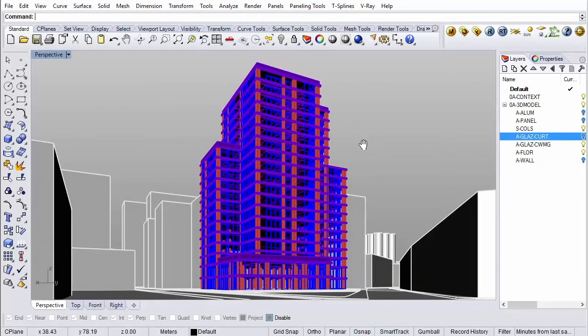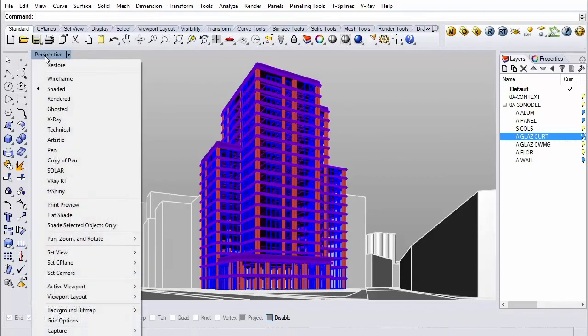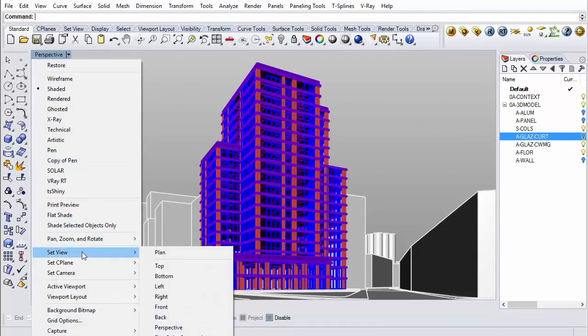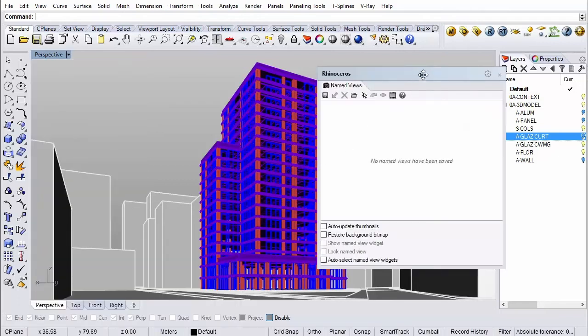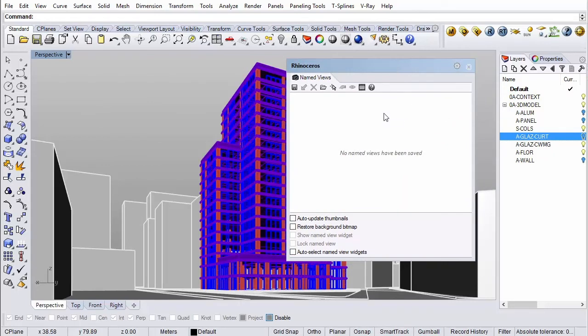So how do we save it? Again, right click here under perspective or the viewport name, go to set view, and all the way to the bottom is an option called named views. That'll bring up this window. That's where all of the views that you've saved are located. You can see that we haven't named any.